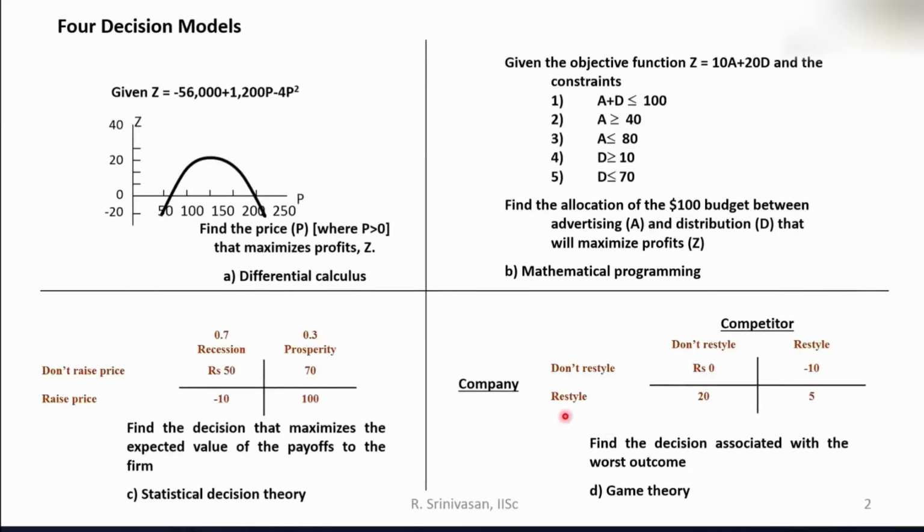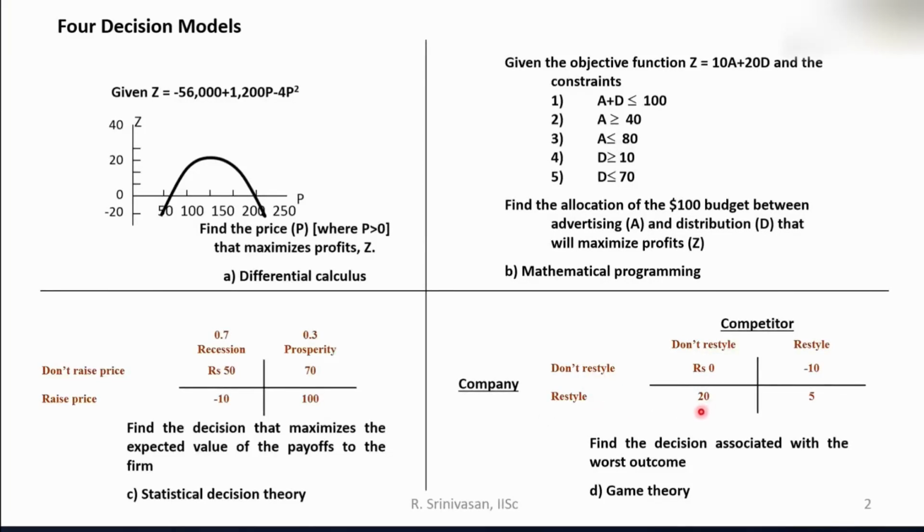So once a particular styling for a product comes in, it lends itself to imitation by other players who are competitors in the marketplace. So they will change it, rehash it very slightly, come out with different styling characteristics which will again appeal to the customer, in the hope of appealing to the customer. Suppose you are the company and you don't restyle your product, the competitor also doesn't restyle his product. What does that scenario tell you? Both of you are where you were. He is also not restyling, you are also not restyling. That is, you make 0. So there is no change that is taking place.